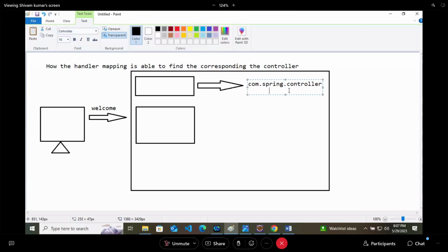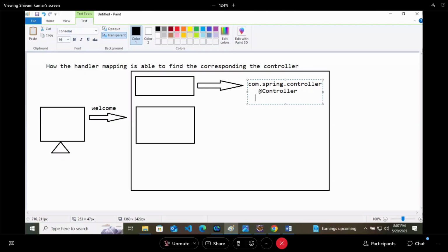Now inside this, it will find a method which is accepting the mapping of the request name. So inside the controller, it will find @GetMapping or @PostMapping with the request name. How is your request coming? Your request is having welcome. So it will find one method which is having welcome here.